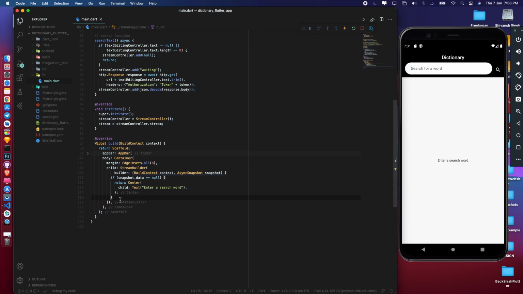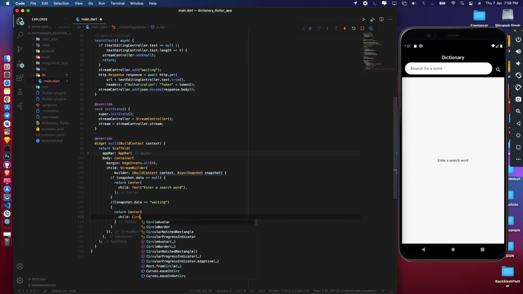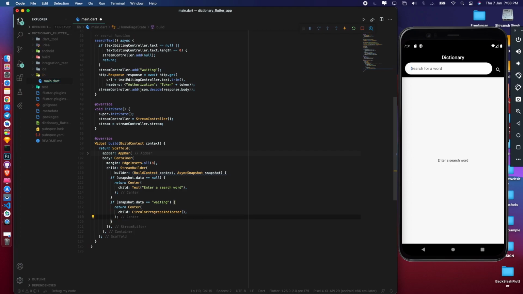After that, if the snapshot connection state is waiting, if our stream builder is waiting for the query, waiting for the API, then we will return center with a child of circular progress indicator. Remember I wrote waiting in the stream controller while the response is being fetched.